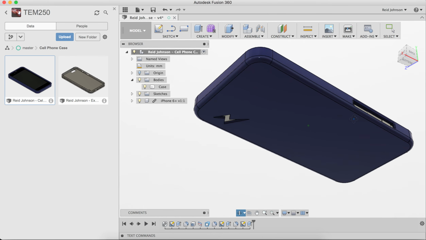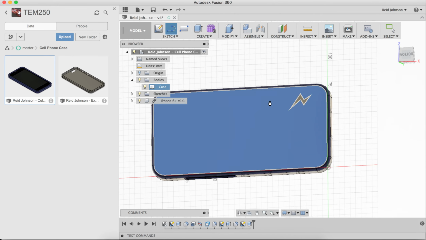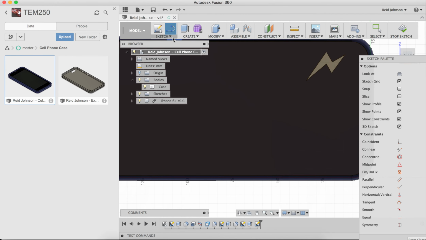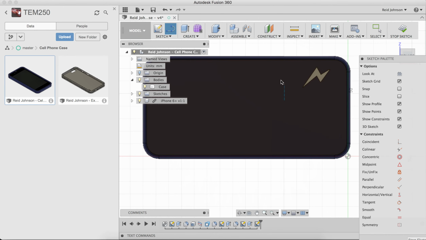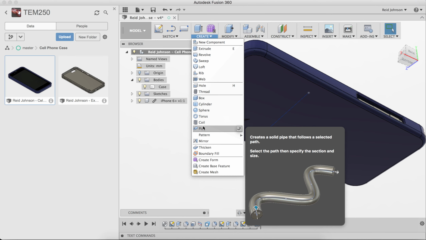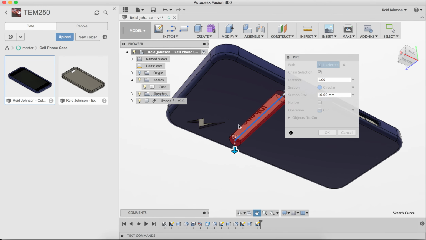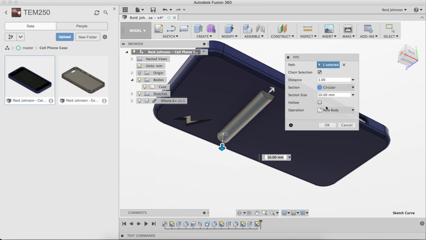And if I want to add a grip on this, I can do, again, another sketch. I can click on any surface here, and I can draw any shape I'd like to. If I want to add some grips, I'm just going to do a line here, and I'll do a line here. And to be quick, I'll hit stop sketch, and I can come back and create a pipe. Click on that line. You can see the default is to cut. I want to make a new body so it doesn't cut, and the section size is kind of ridiculous. I'm going to make this maybe 1 millimeter or 1.5,